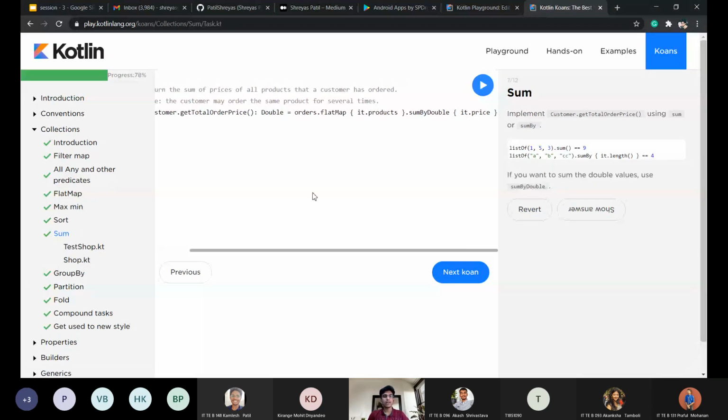Okay. Now we can do aggregation functions on a list. We can directly call sumByDouble, and we can directly access its price. For example, in this order, this function returns the total order price. So maybe you can imagine there is a cart